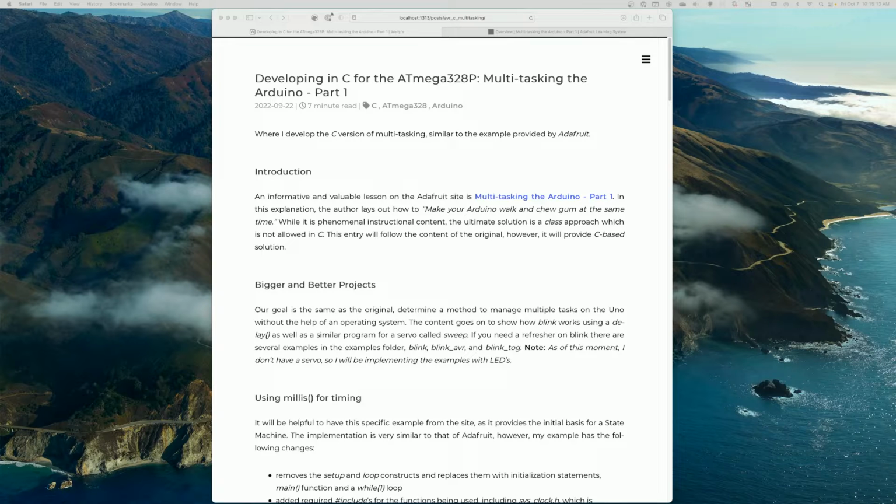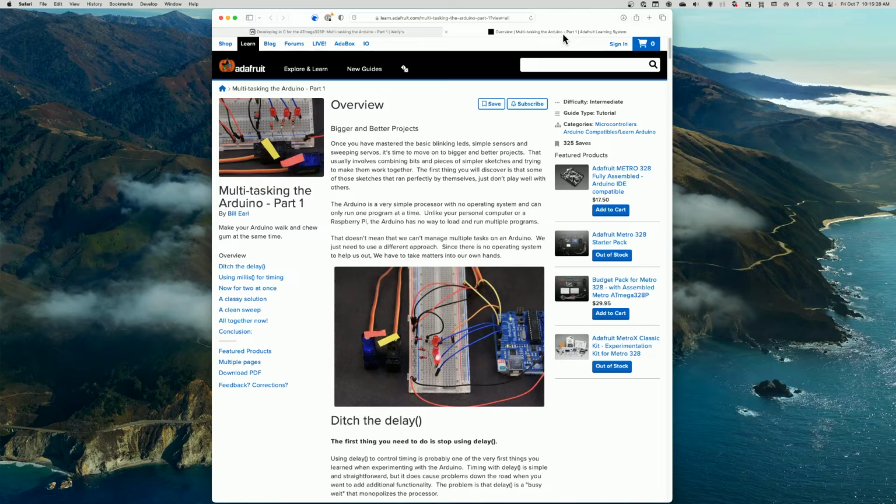This is a short video to introduce you to the first part of multitasking the Arduino, part 1. I was very deliberate with how I titled this particular entry because this entry mirrors that of the Adafruit entry, multitasking the Arduino part 1. The difference between the two entries is that the Adafruit entry addresses